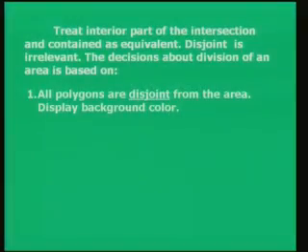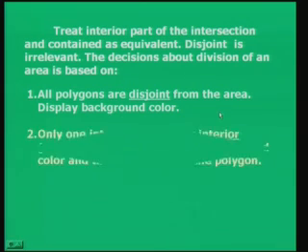Okay. That means there is completely, absolutely no overlap. So, that disjoint case is irrelevant, and if all polygons are disjoint from the area, display the background color. Number 2 point says that